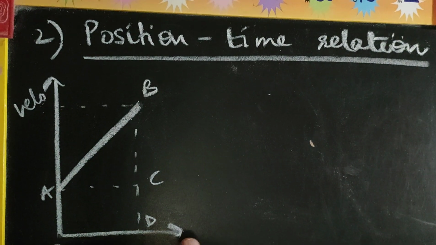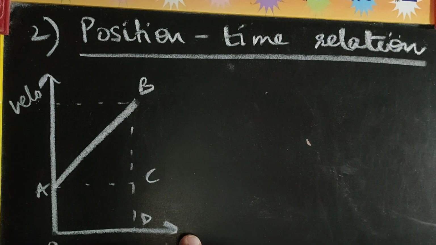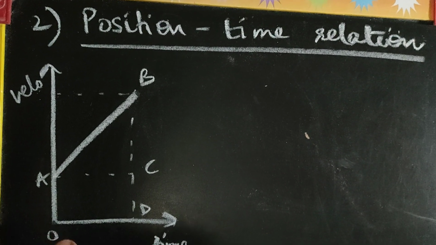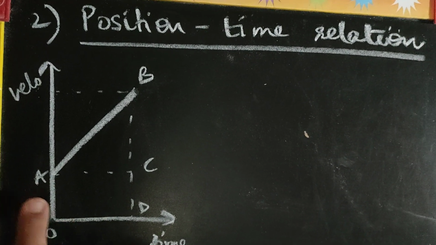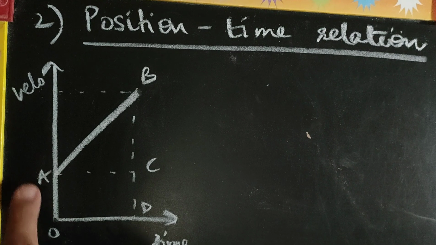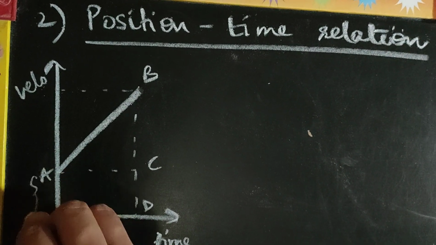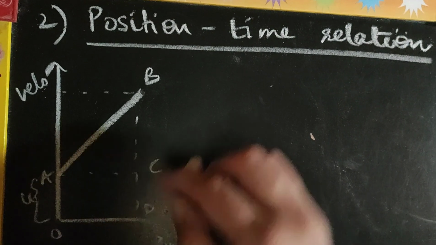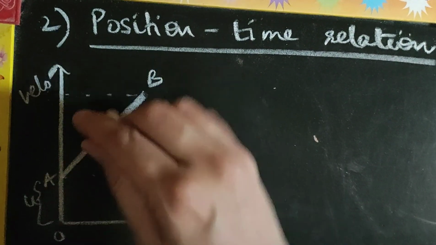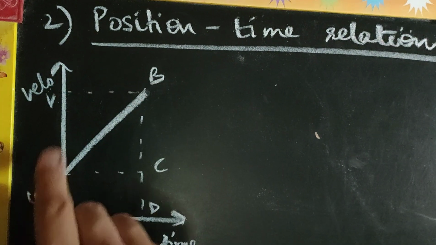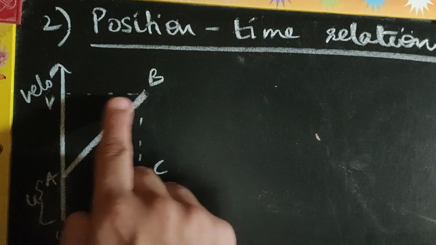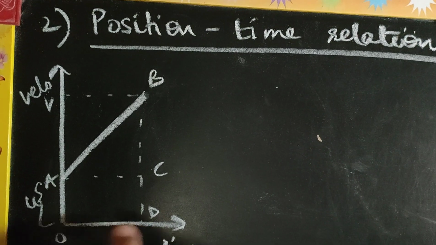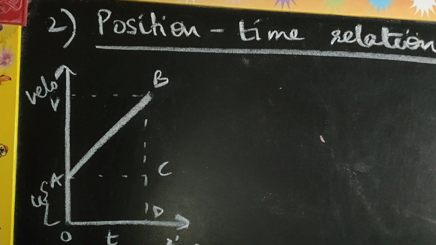So again we are considering uniformly accelerated motion. We have a graph here, VT graph, which is representing the same. The object at t0 is not at 0 velocity, it is already moving with some velocity. So this intercept here is showing initial velocity u, and this particular height here is showing final velocity v. This point B is corresponding to the final velocity on the y-axis. This length OD is showing us the time interval.